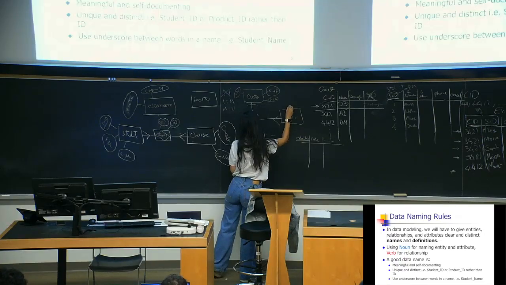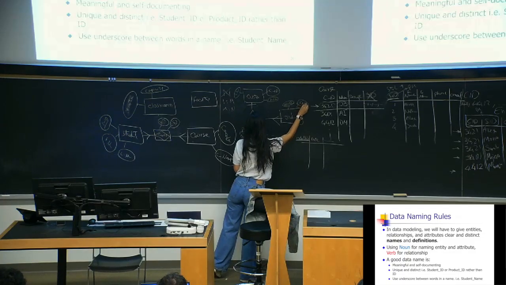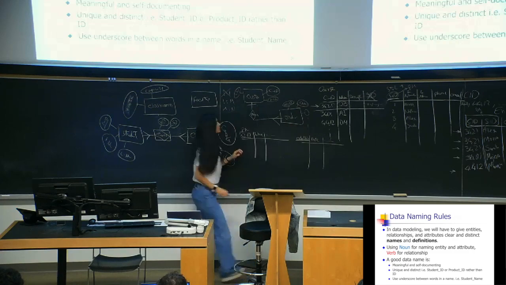And then for the order, we have order ID, date, and maybe more attributes. So